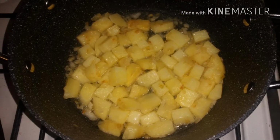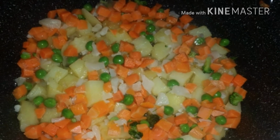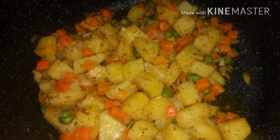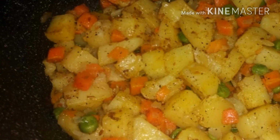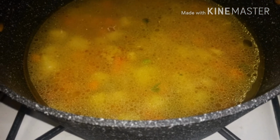At that stage we add the vegetables and cook them for about 5 minutes. Add some spices, and with the spices it's 1 teaspoon or less of black pepper and cumin and turmeric. Then I added the water. I added 3 cups of water